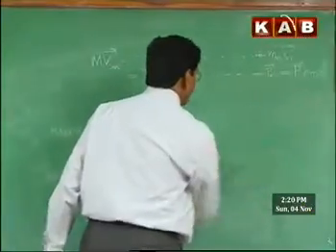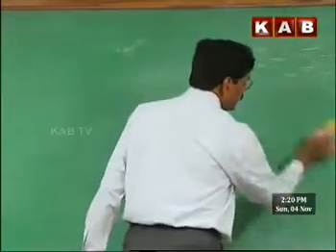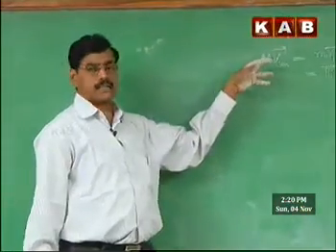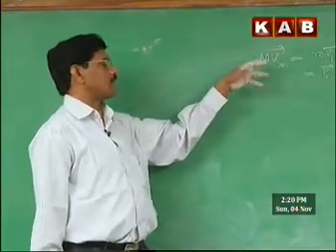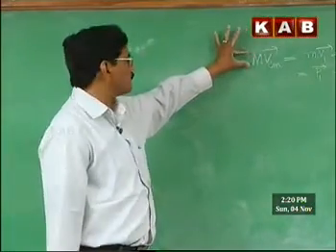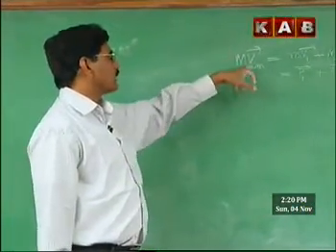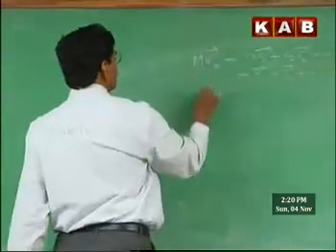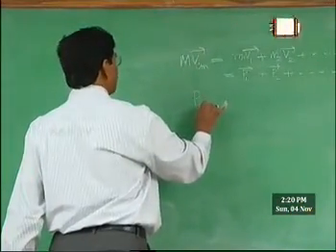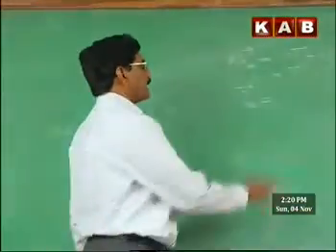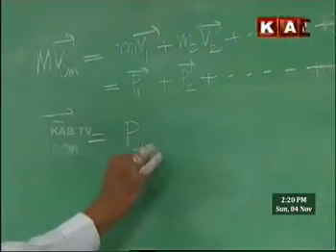Therefore, we can conclude here that the system is behaving in such a way that the total mass of the system M is concentrated at its center of mass as a point mass M, and the total system, whose center of mass is moving with VCM. Therefore, this is nothing but the center of mass linear momentum. Center of mass linear momentum is the same as the total linear momentum of the system.